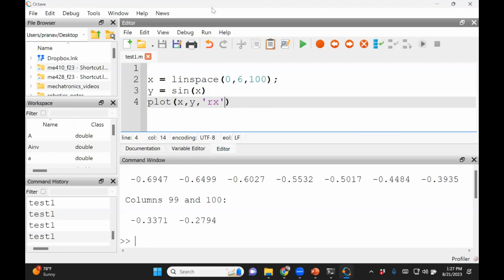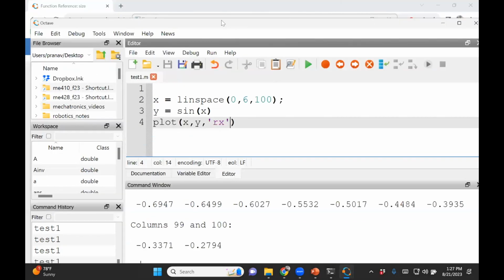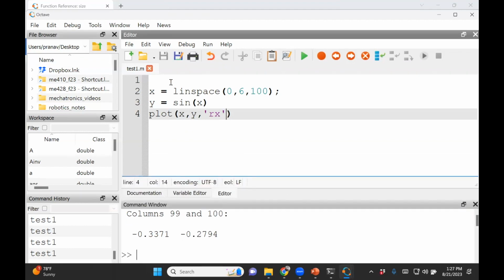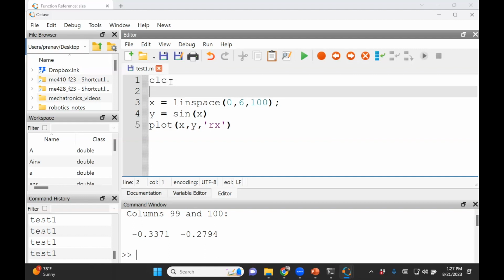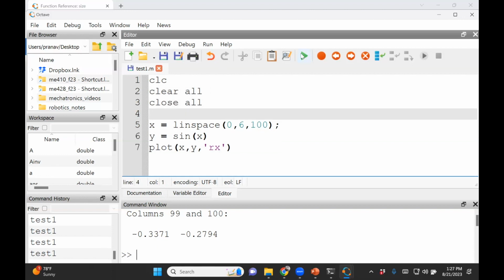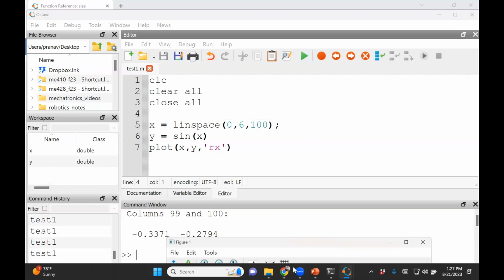So if you want to avoid this, what I recommend doing is this. I always start my coding with the command. I put 3 things there. clc. clc will clear the command window. I put clear all. clear all will clear all the variables in the workspace, so you can start fresh. And then I do close all. close all will close all the figure windows. So if you do run this now,